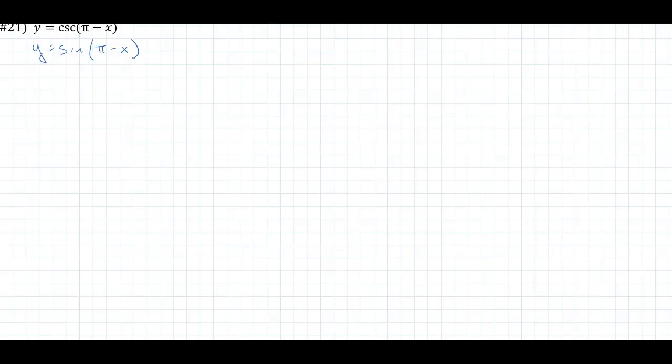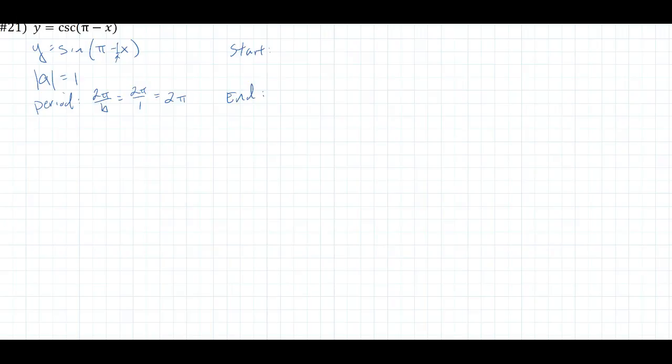So when we go to graph this, we need to find a few things. We need to find the amplitude, which in this case is 1, period, which is 2 pi over b. b in this case is still the one that's hanging out there, so it's 2 pi over 1, which is just 2 pi. And then we know we need to find both the start and the end point